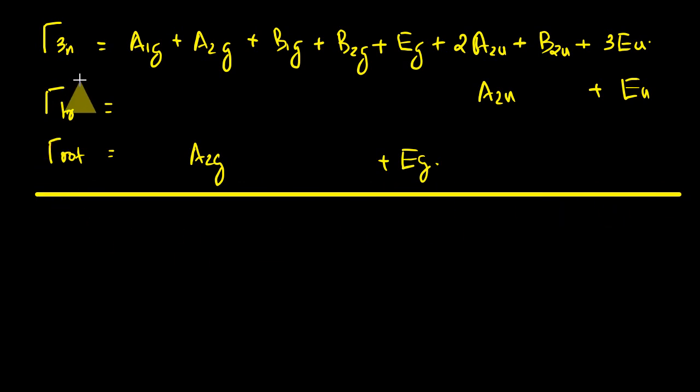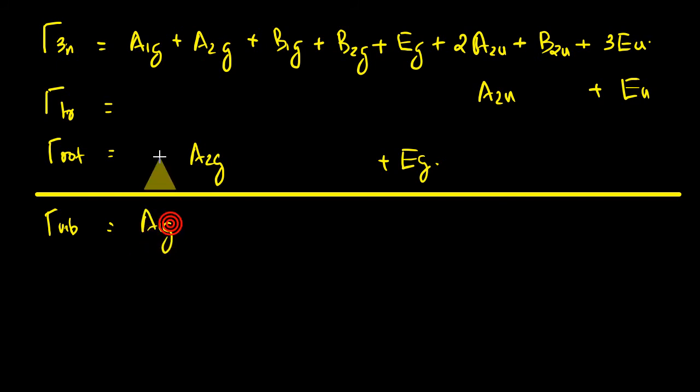And now we have to subtract the translational and rotational from the total character corresponding to the 3n degrees of freedom. So what will be the result when we are subtracting 3n minus translational minus rotational? That corresponds to the vibrational degrees of freedom. So the total character set corresponding to vibrational degrees of freedom is equal to